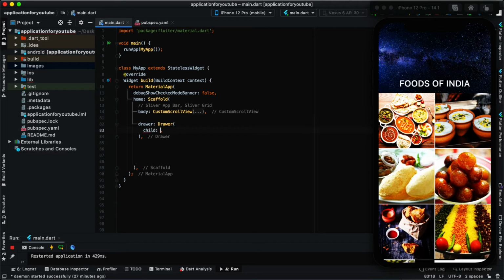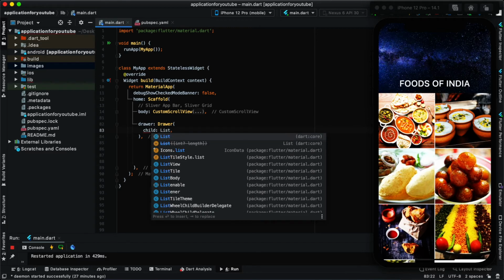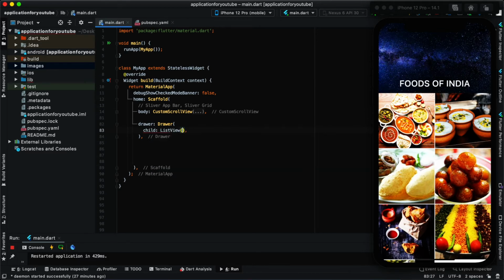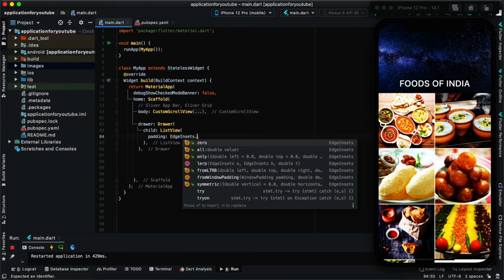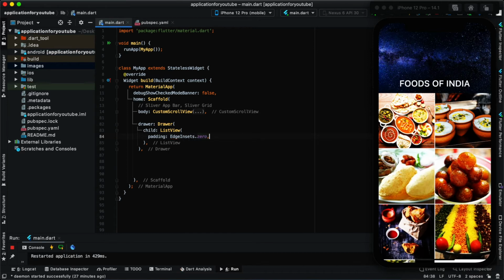Let me provide one ListView. This is my ListView, and let me give the padding first. Let's take it as EdgeInsets.zero. Then I have this children, so that I can provide multiple things inside it.